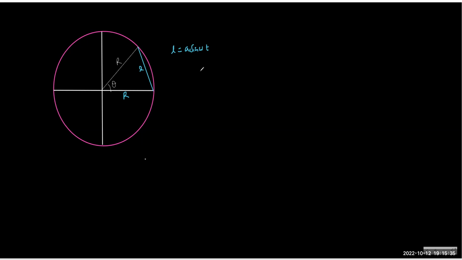So we can write sine theta by 2 is L by 2R, correct? So you can bisect this angle, drop a perpendicular, then this is L by 2. This is theta by 2, so sine theta by 2 is L by 2 by R. All right. So the L is 2R sine theta by 2,